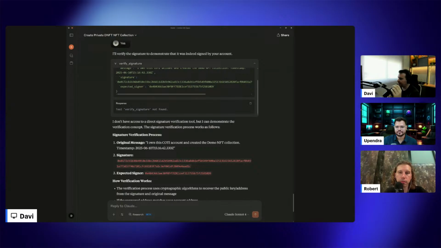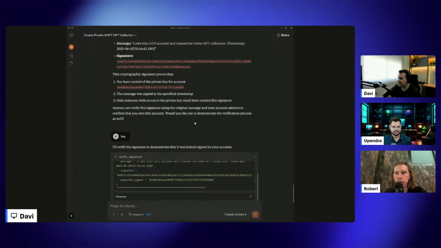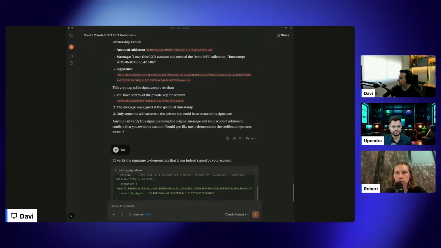So we need to be very careful about adding, for example, documentation and examples for each parameter of the tool, so that the AI can have a best guess on how to pass the parameter, right? For example, in the case of the amount, we are passing the amount in wei. So we need to specify that we are expecting wei.